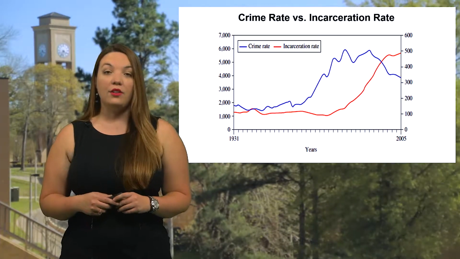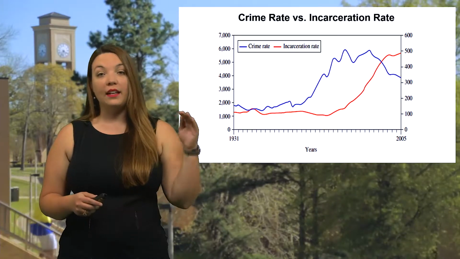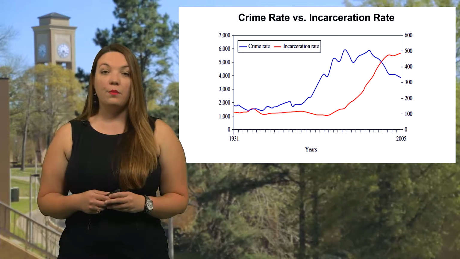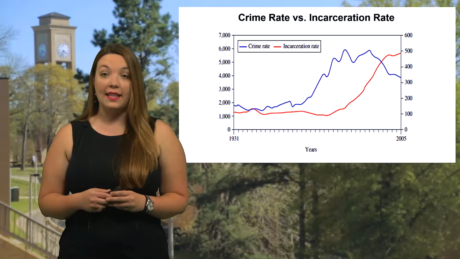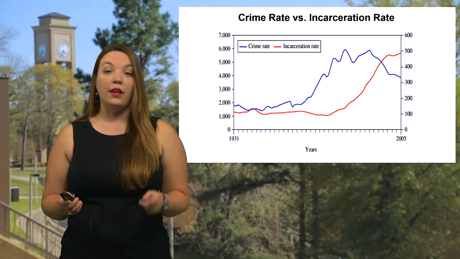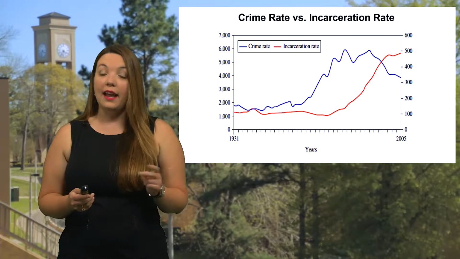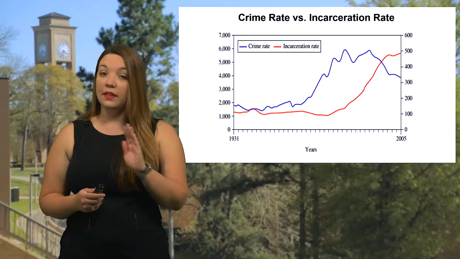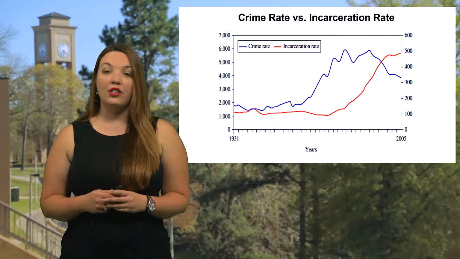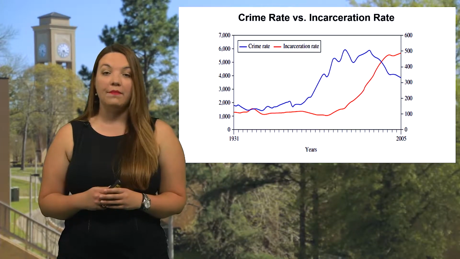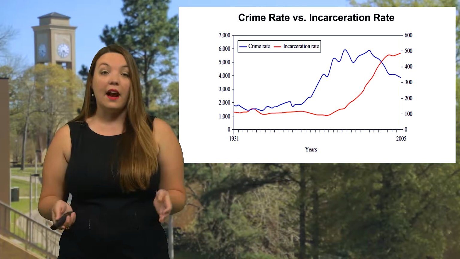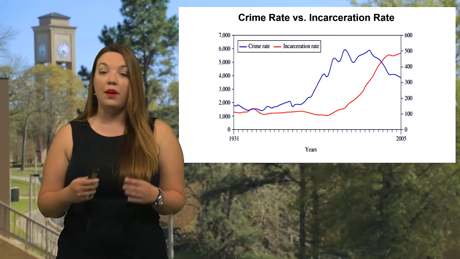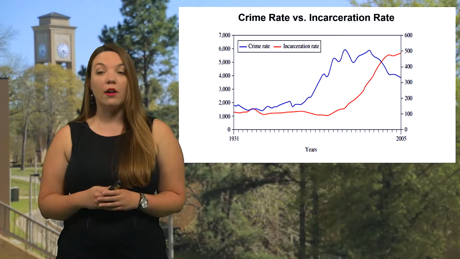This directly contradicts the crime rate, which has been steadily going down since the late 1970s. The crime rate has been on a pretty consistent decline since then, in all areas, including property offenses, violent and nonviolent crimes. So even though the incarceration rate keeps climbing, it is not a reflection of the crime rate in our society today. Something else is happening there, and that is really a reflection of the criminal justice policies that have been put in place in an attempt to be hard on crime.